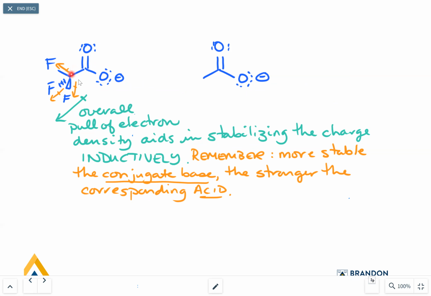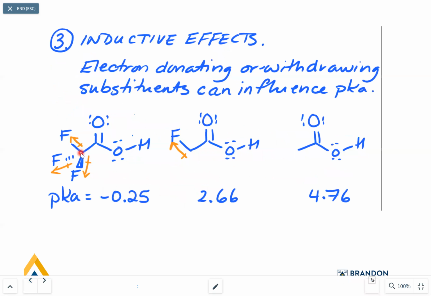So if you're pulling electron density away through sigma bonds here, that means that this carbon here is developing a partial positive charge, right? And it's going to be shifting the electron density. Let's go back to the previous slide. It's going to be shifting the electron density in this fashion through everywhere else. It's going to be pulling it in this direction. And so the shifting of electron density here is actually going to influence this bond, because now all of the electron density is basically being pulled in this direction. So it makes this bond a bit more polarized,